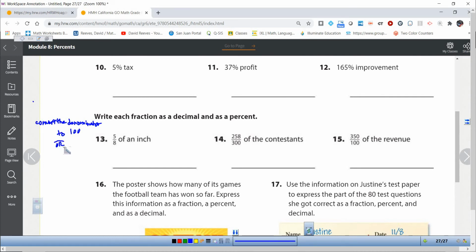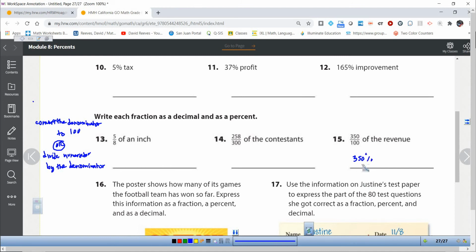Or the other way to do it is divide the numerator by the denominator. And again, in our previous video, we did that to show how that works. So I have 5/8, I have 258 over 300, and I have 350 over 100. Well, I'm going to start with this one because this already is over 100, right? So since it's over 100, that's going to be 350%,